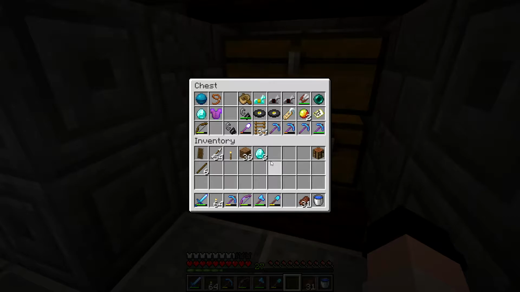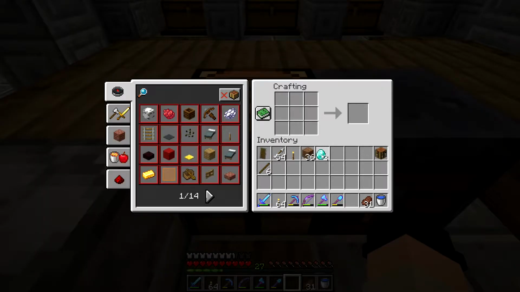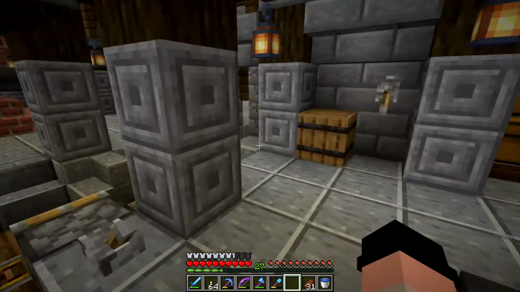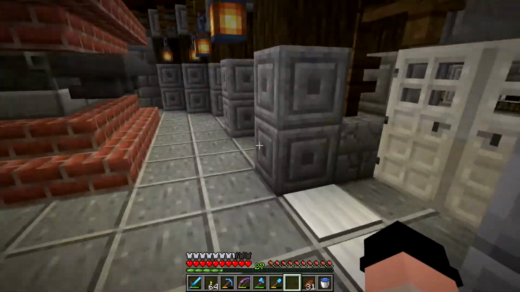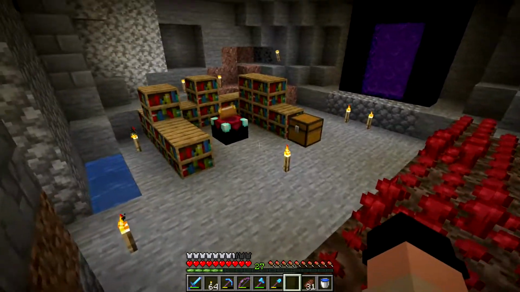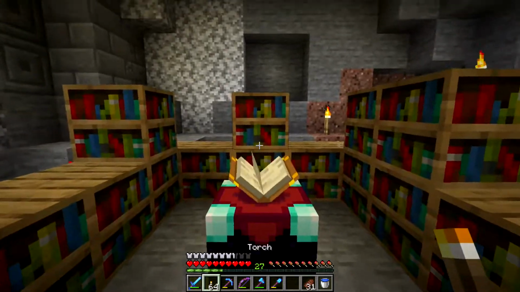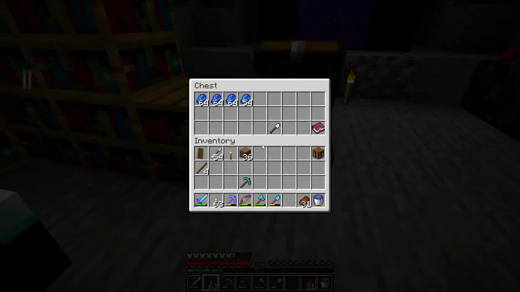Maybe I'll get lucky, and the enchanting gods will be pleased with me. I've got 27 levels. You can get a pretty good pick at 26 to 28. I've noticed that too. So let's do that right there, and